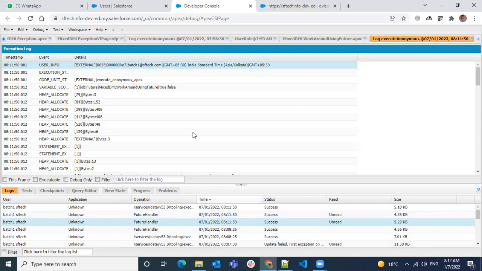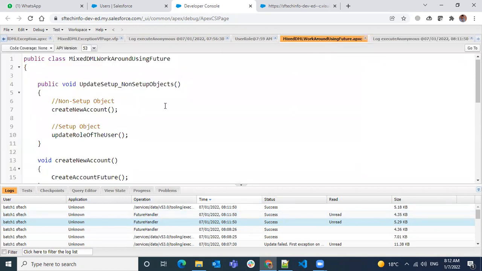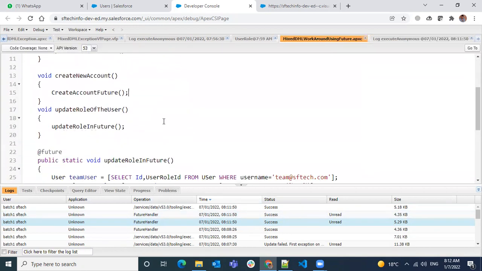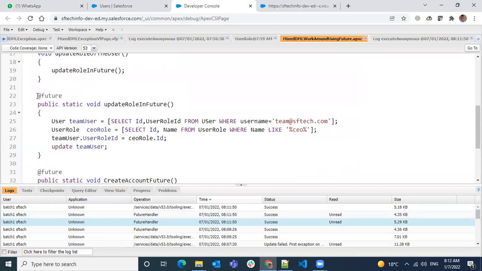Okay, so that's how we can do it. Let's say if I don't want to make this here as a future